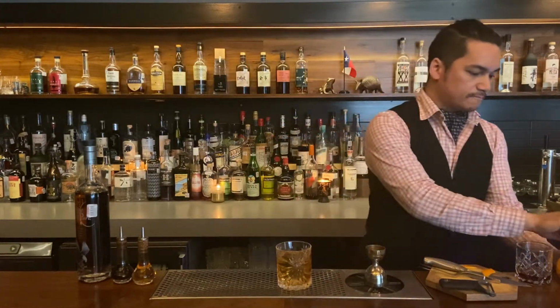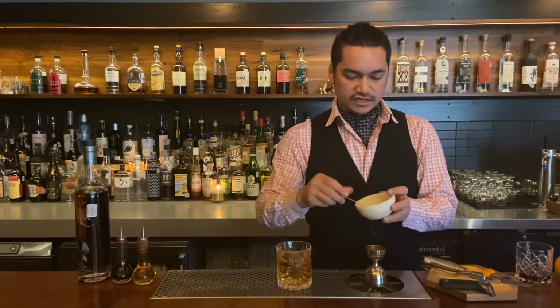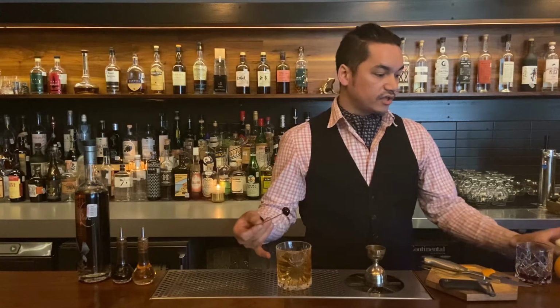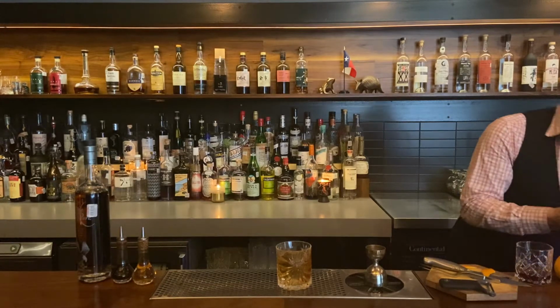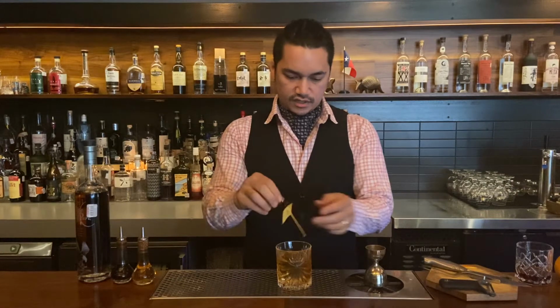All right, and then the cherries. The cherries are in syrup, and you don't want to make the cocktail that you just made sweet, so make sure you rinse the syrup off. All right, it's been rinsed. Combine the garnish,